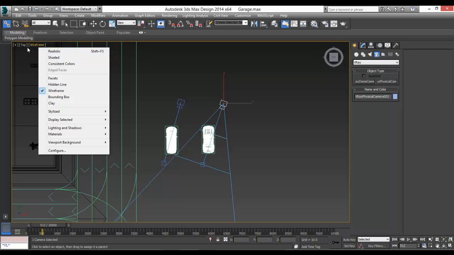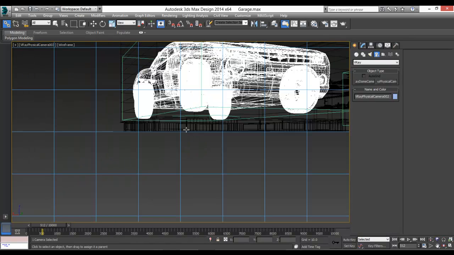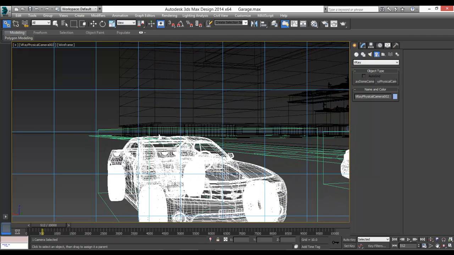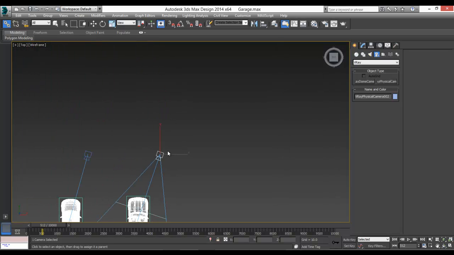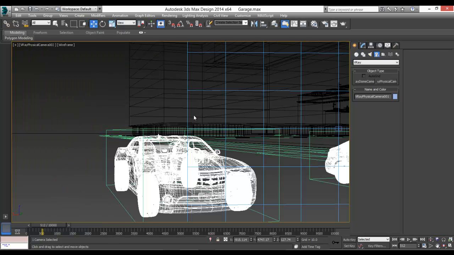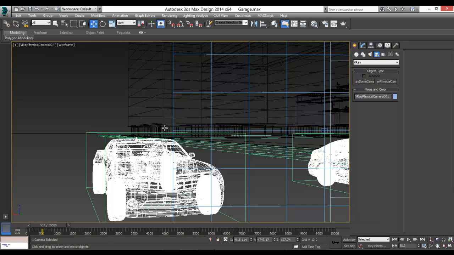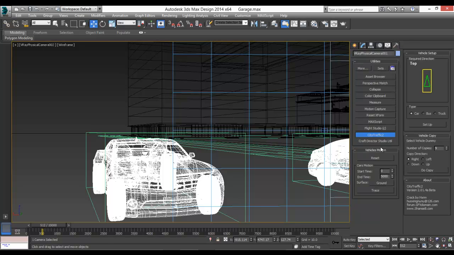Camera 2 would be the view perspective. We hit top. I want to do something else. The camera's in there, a little bit too close. Move it. Back it up a little bit. I'll do the same here. Camera 2 is our view. And if we go back to our utilities panel, our end time is at 10,000, with 10,000 keyframes,